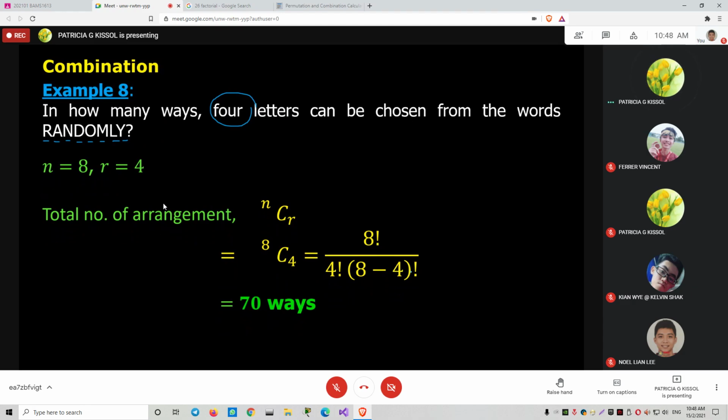So same thing, you can use your calculator. Do you see the NCR on your calculator? If you're using the same version as my calculator, the FX570MS Casio calculator, you can see the NCR is above the divide symbol. In order to press this, we have 8, shift, NCR, so that you see the C, and 4, and you should get 70. Did you try it out? Kelvin, did you get 70 using the calculator?